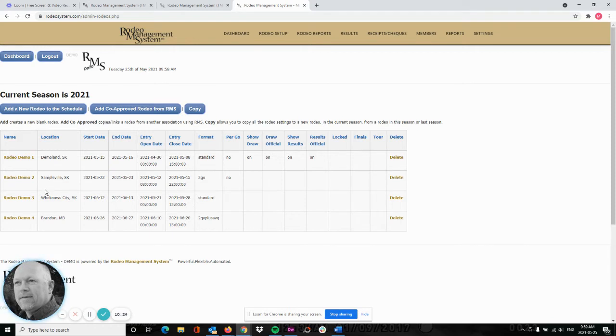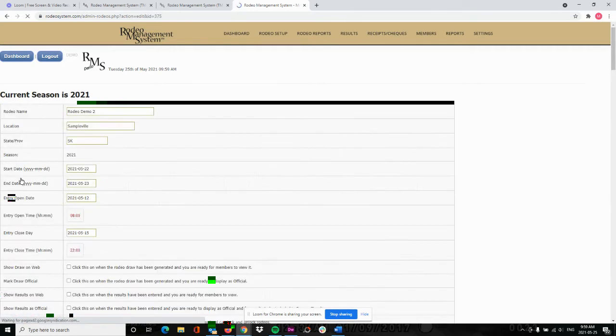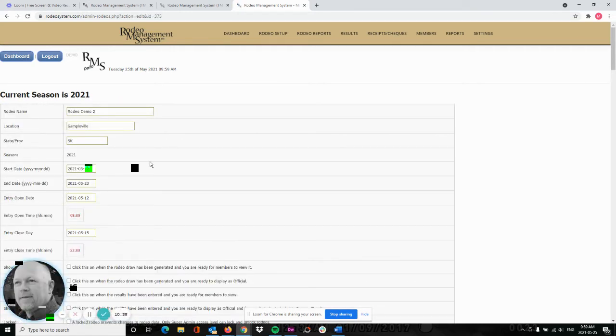Demo 2 is the rodeo that is currently underway that we're taking entries for. Demo 3 and Demo 4 are both rodeos for the future. So we'll have a look at this as well by clicking the name of the rodeo, and that allows us